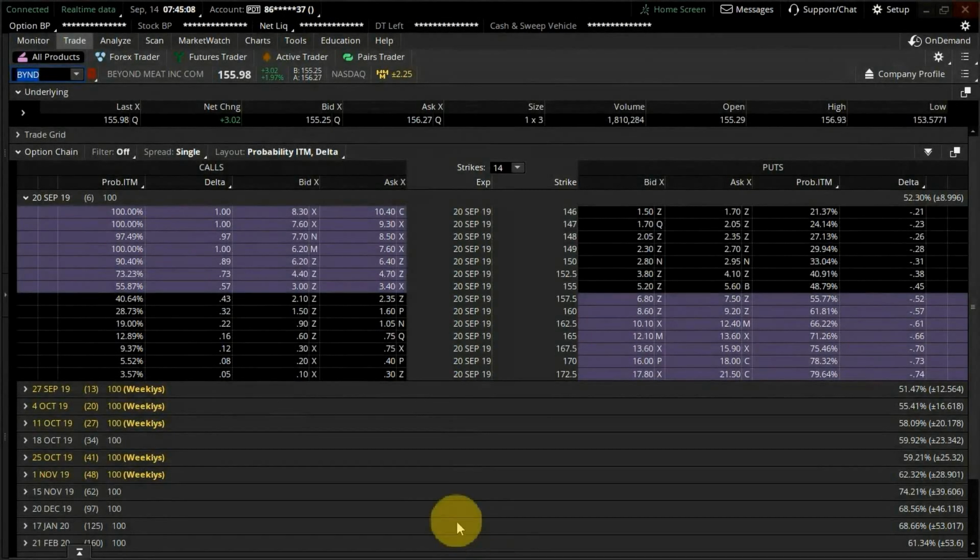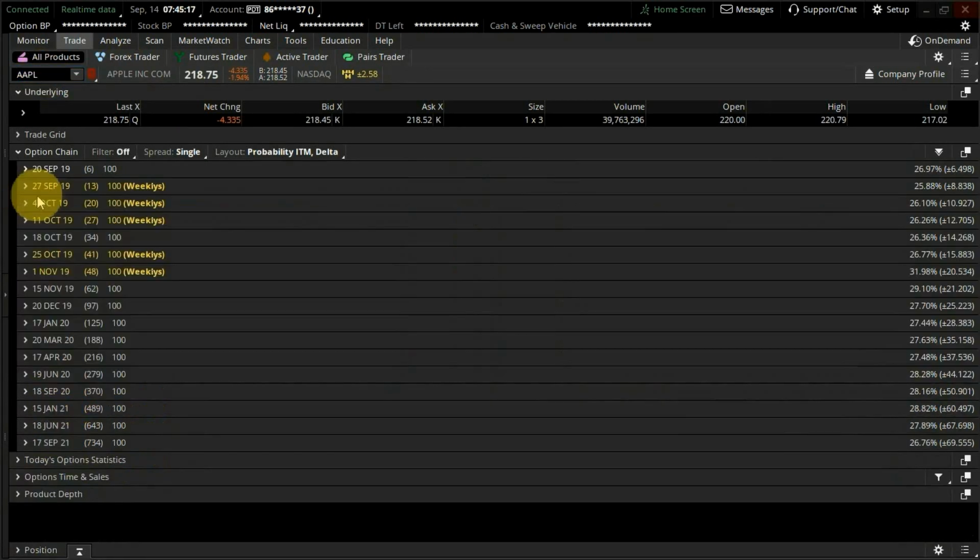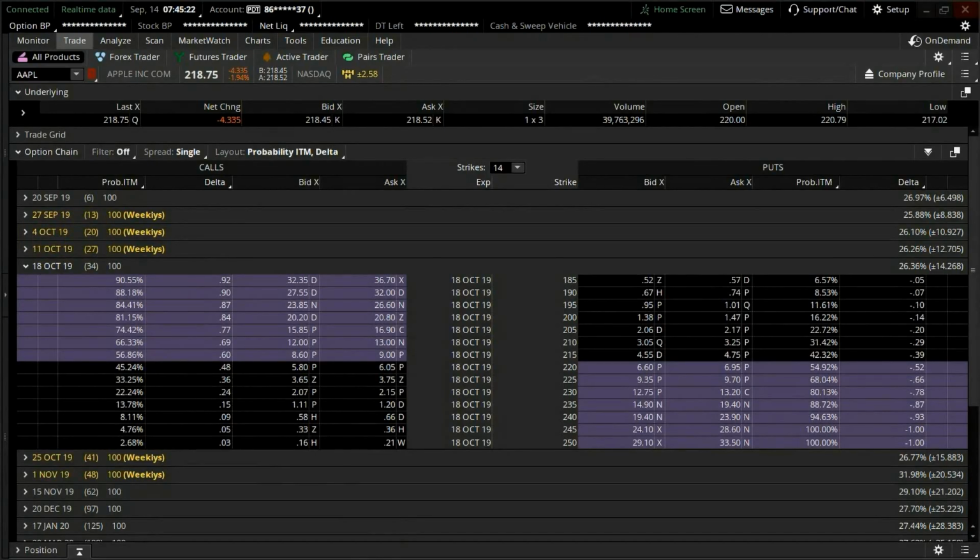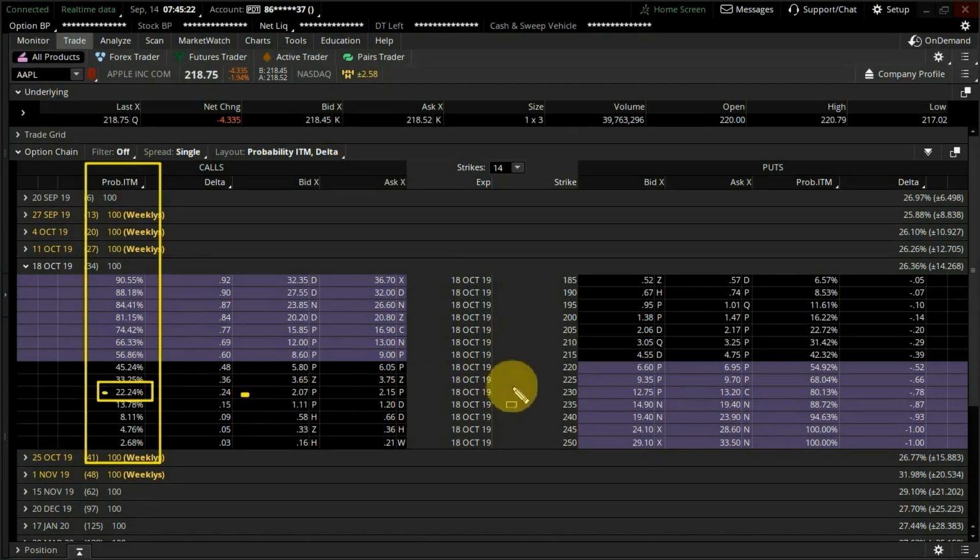So I'm going to pull up a trading application at this point, and I want to differentiate for just a moment. We're going to go back to our marquee, which is always kind of like Apple. Apple's something we trade a lot, right? You go some 34 days out in Apple, and you look at these probabilities right here. And this says 22%, but that's a 22% chance of this strike, the 230 strike, being in the money by expiration. Expiration is 34 days from now.